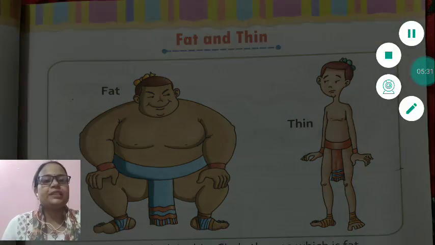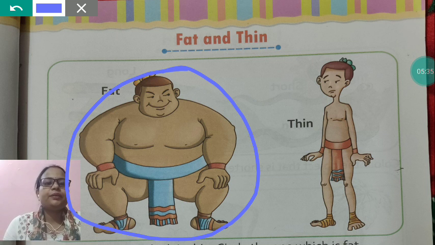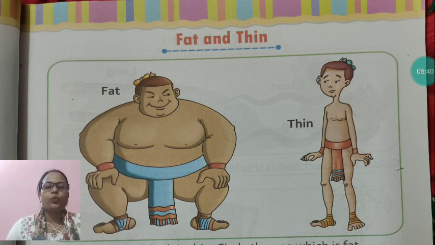You can see here, this man is fat, but this man is thin. You will have to see the size.